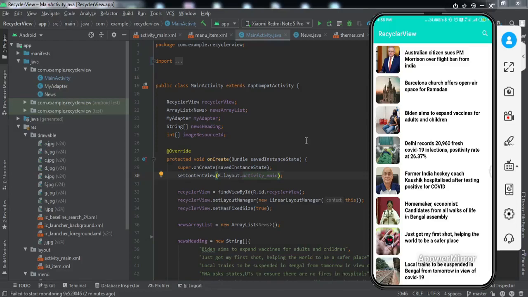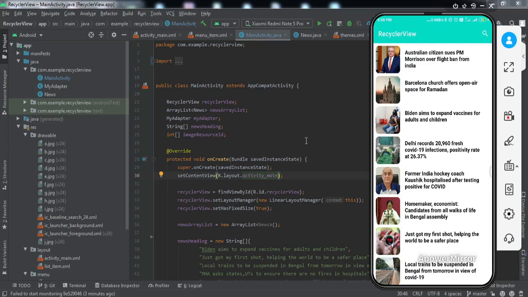So in this video we're going to learn how to sort the elements inside a recycler view. Each item inside a recycler view is an object of the model class, so you can sort the elements based on any field of your object. For example, if you have a user with first name, last name and age, you can sort in ascending or descending order based on the first name, last name or the age. So we'll be learning that.